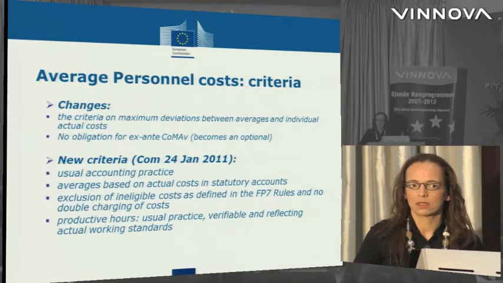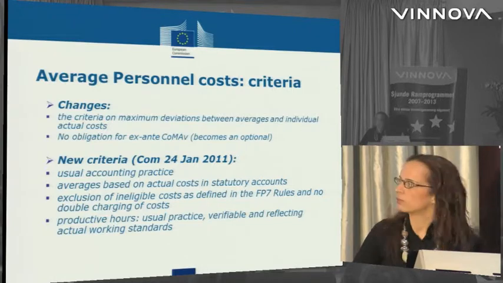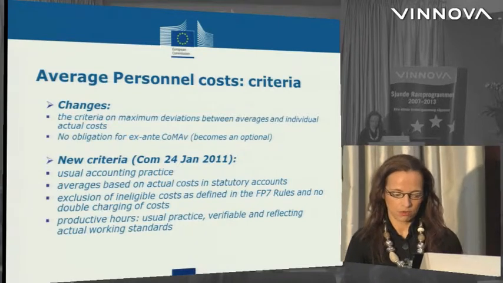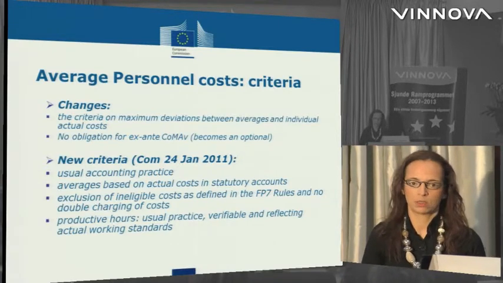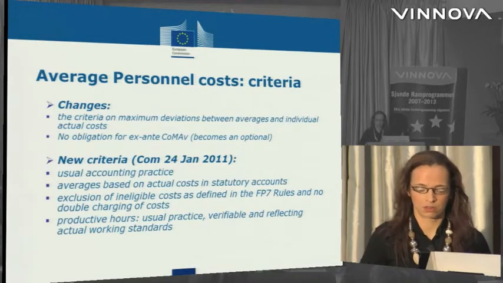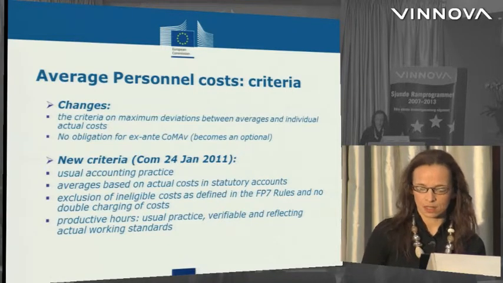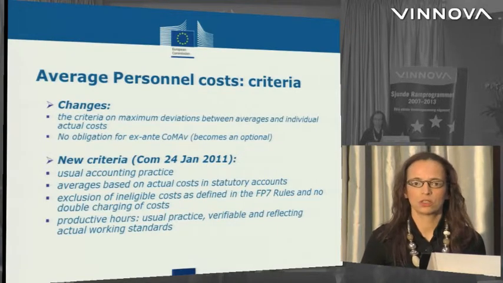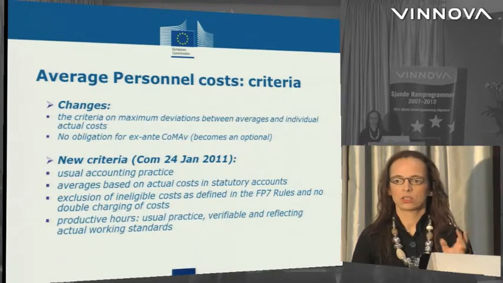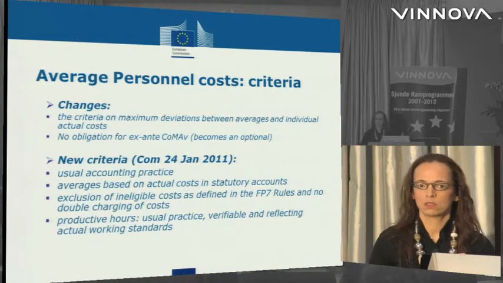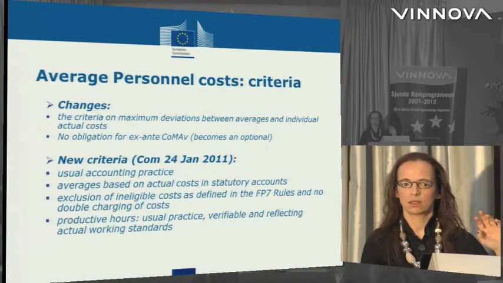The third bullet point is a bit tricky to understand, so maybe I will try to elaborate on this one. It has 2 elements. The average personnel cost system has to exclude ineligible costs, but this is by default included already in the general rules that you should exclude everything which is ineligible and defined in the grant agreement. And the second part of this criteria is there should not be any double charging. And why do we say this? Once you're in the context of using an average personnel cost rate, many times you see systems where you have the rate, and in the rate there is a cost